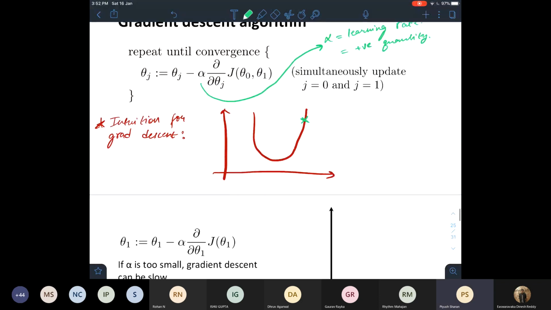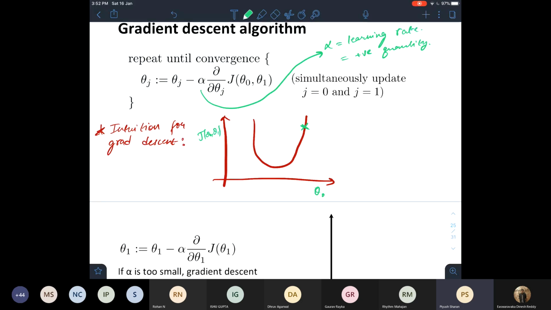All right. So over here, this is a plot of theta. Say for now, this is just theta naught, and this is the loss J of theta naught and theta 1. Here this would evaluate to theta naught minus alpha times the partial derivative with respect to theta naught of J of theta naught, theta 1. Right now, this slope is positive, you can see the slope is positive. So this would give some positive quantity. So theta naught would be theta naught minus alpha into some positive quantity.